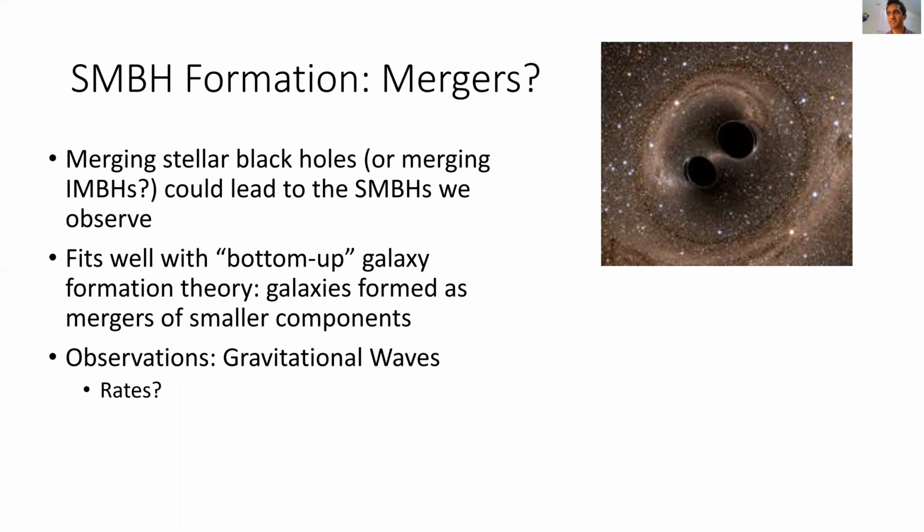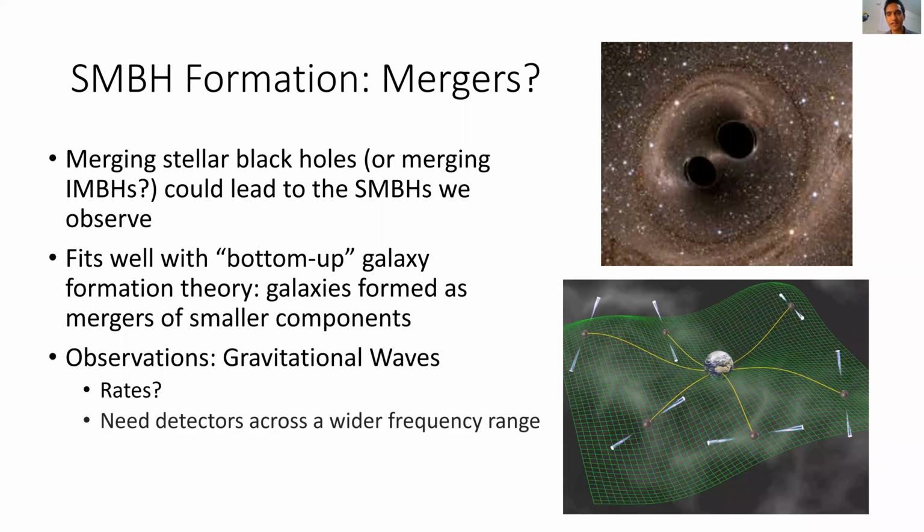So if this process is easy enough to happen that we observe supermassive black holes in the centers of most of the galaxies right now, then we should be able to see it happening. We should be able to get a sufficient amount of gravitational wave signals, some number per year, let's say, of detections. So the rates are still in question for a lot of gravitational wave astronomy. Another thing is